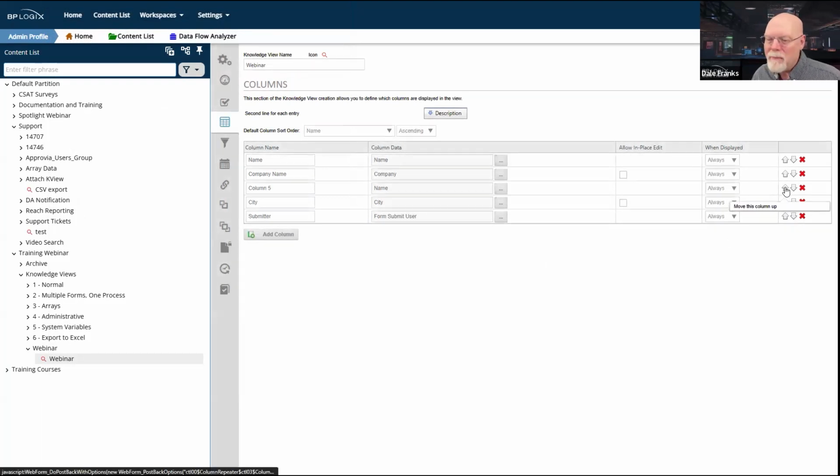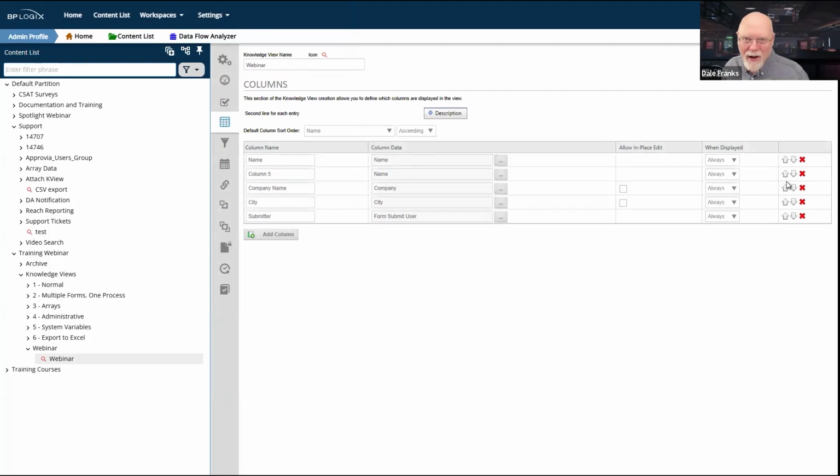And by the way, we do have an enhancement ticket to take the reordering system that we implemented on custom tasks on the form to be able to manually drag and drop these rows. We do have an enhancement ticket to drag and drop rows here in the columns tab to make reordering way easier than clicking those buttons. But we are going to put in the ID of the company here.